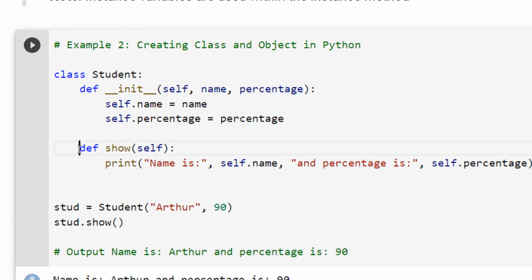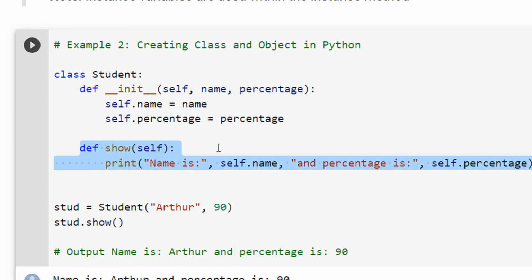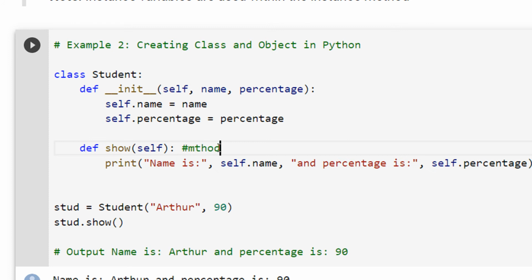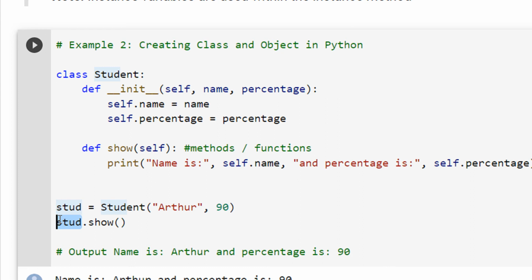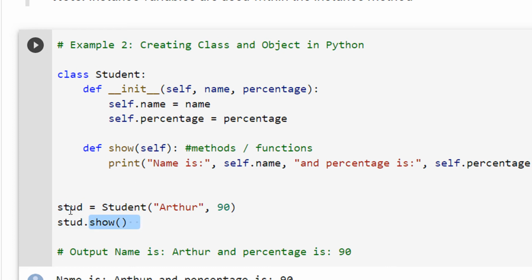Now you can see I'm defining another function here, which is known as an instance method. When you deal with classes, we usually call them methods, but basically these are functions also, right? The terminology used is methods. Now what happens here? When we are calling stud.show, show is the name of the function, but since classes are bound by their objects, we need to invoke an object that will call this particular method. What is that object? The object is stud. We are calling the show function using the stud object.